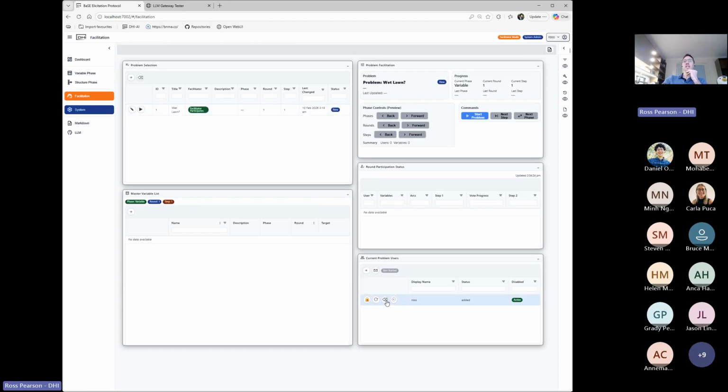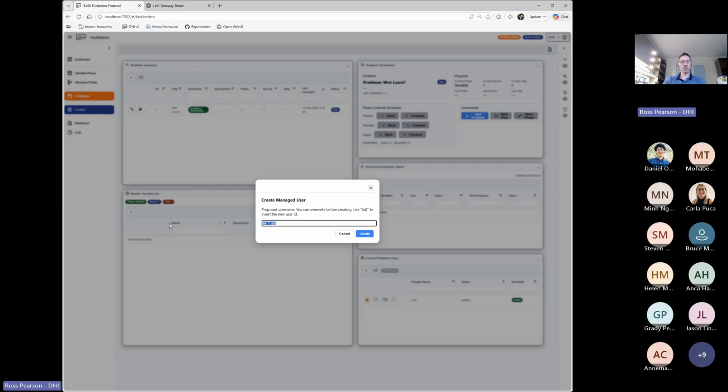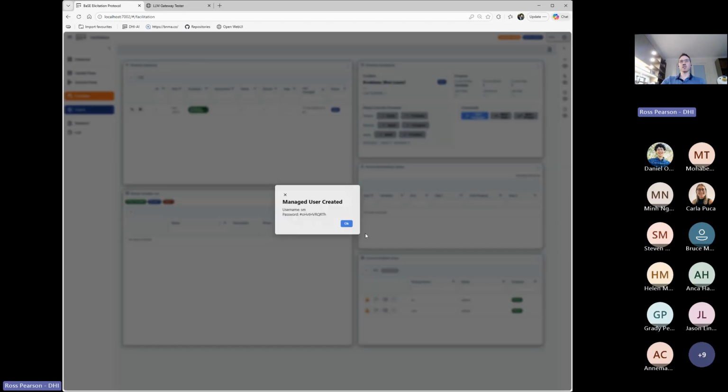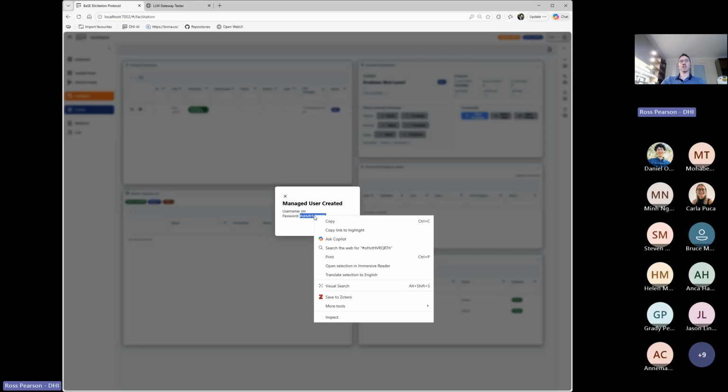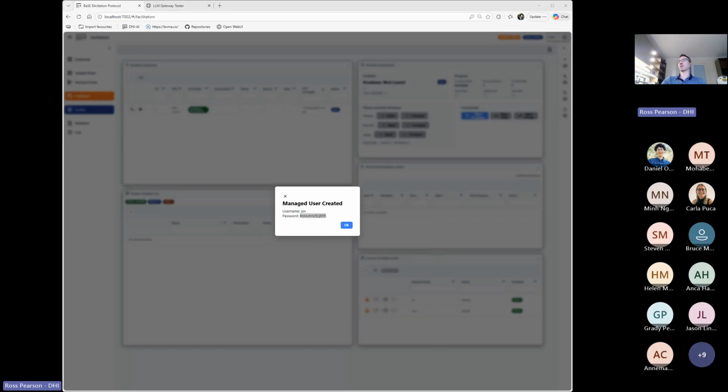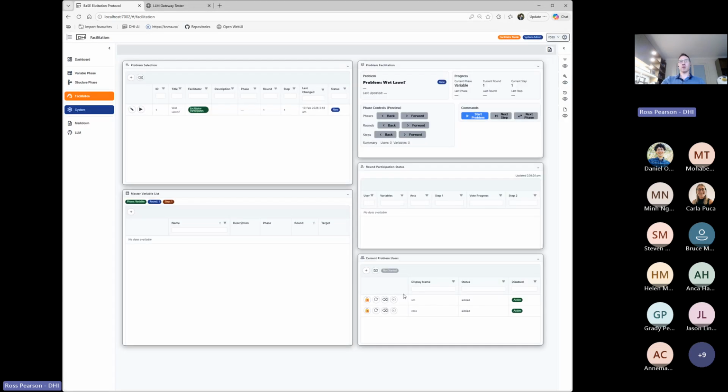The first is that I need to add some users. At the moment, the only user that's been added was the facilitator, which is myself, but I've got no other users part of my process. So I'm going to just create a couple of users here, and just give me a second because I'm going to log on to another screen with this user so I can do some stuff in the background. Okay, so I might create one more